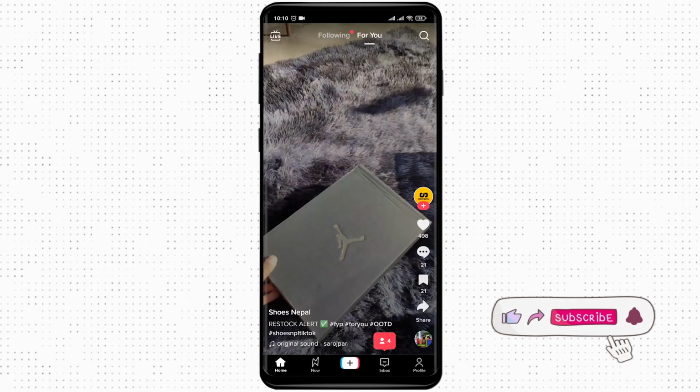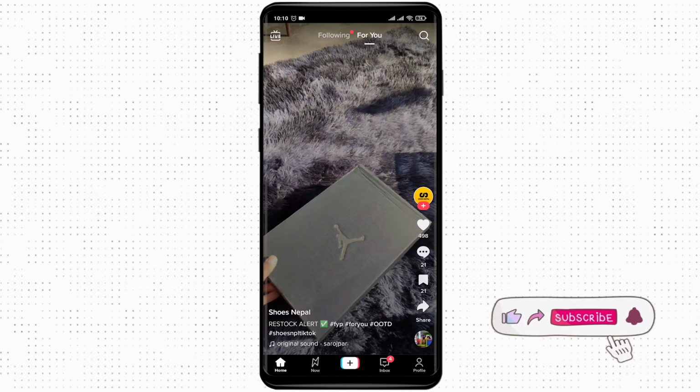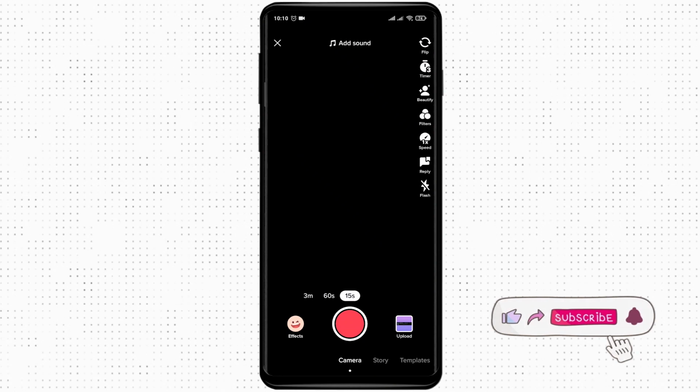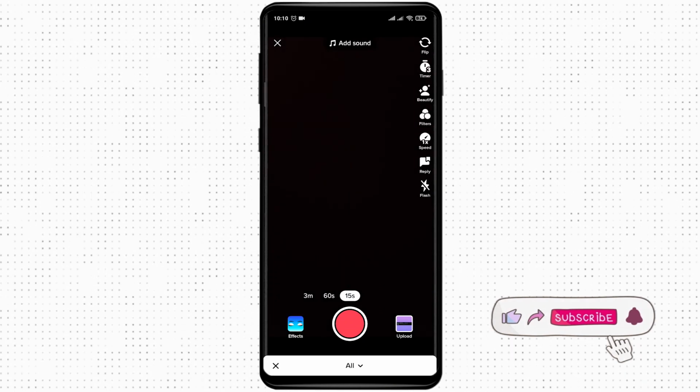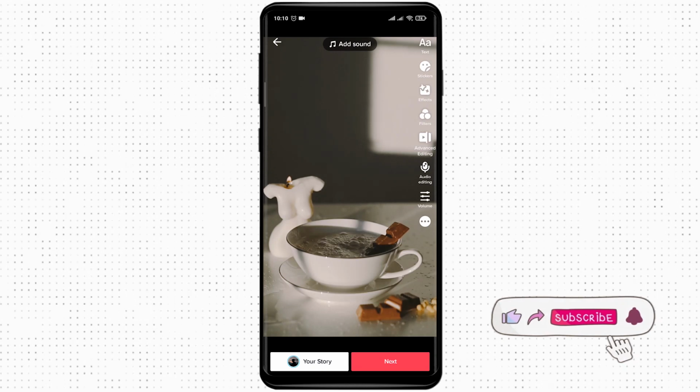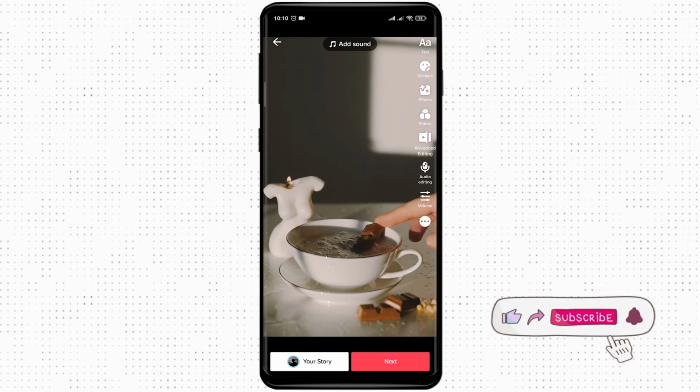Now the second thing that you can try out is, firstly, let's tap on this plus icon in order to post that video. Tap on upload and select the video. Now you can see I've just added a video right here. Now if I tap on this add sound on top,